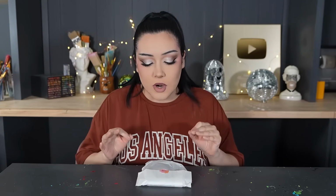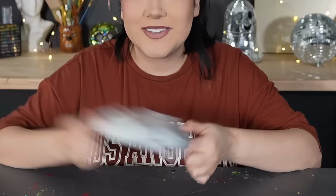Okay, so for this next art supply that you didn't know existed, I may or may not have bought this for selfish reasons. This is a homemade watercolor palette that is...